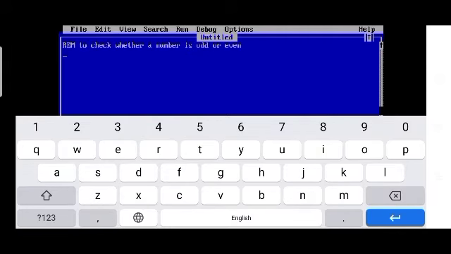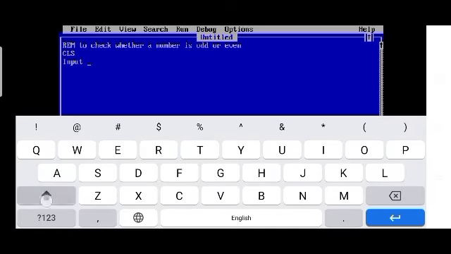Then we will write CLS to clear the screen. This is needed. Then we will write INPUT. The input statement is used to take input from the user during runtime. Before, we used to give any number in the program itself. If another person wants to run this program and find another number, we have to go and correct it in the program. But if it is not in the program and we write it on the black screen, then we do not have to modify the program, isn't it?